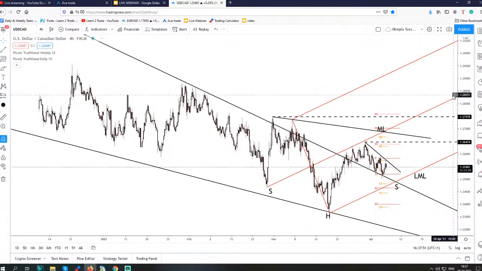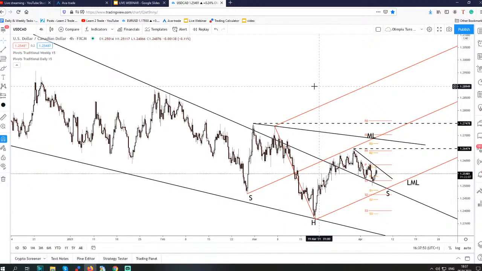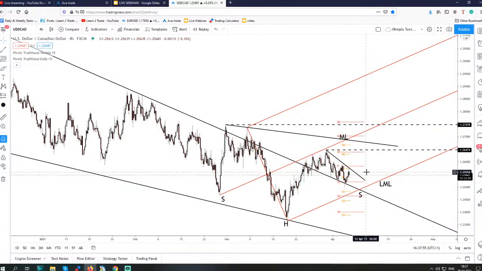The price needs confirmation here. The price has jumped above this major downtrend line. It has decreased, testing and retesting this downtrend line, but we still need confirmation before going long in the short to the medium term. Okay, so a new higher high here if the price will jump above 1.2647, if it will jump and stabilize above R1